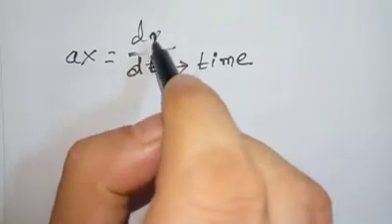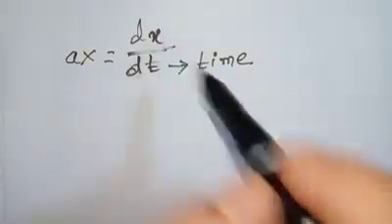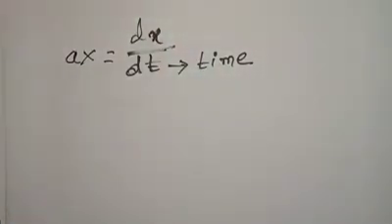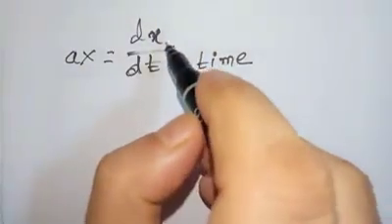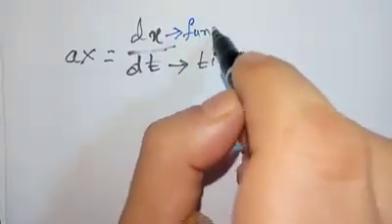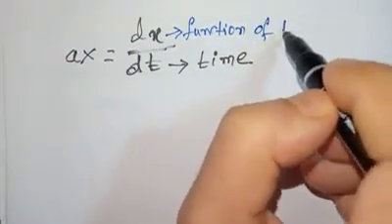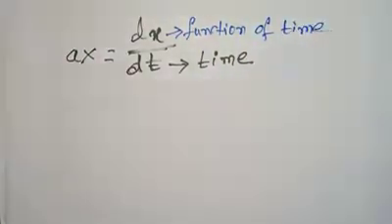Now just note that in here, this x is not a variable. X is not a variable, it is a function of time. So this particular x that we have written over here is not a variable. I can call this a function. This is a function of time. So x here is not a variable, it is a function of time.